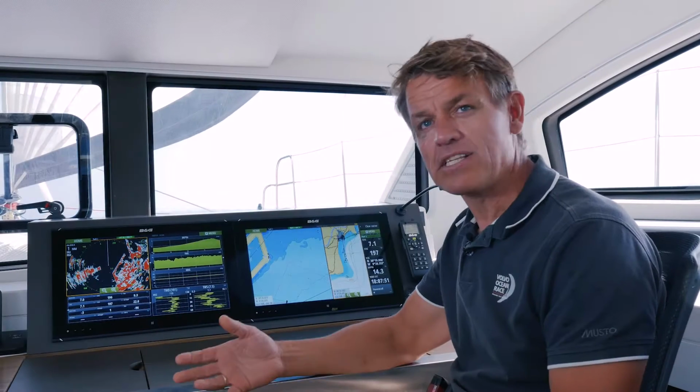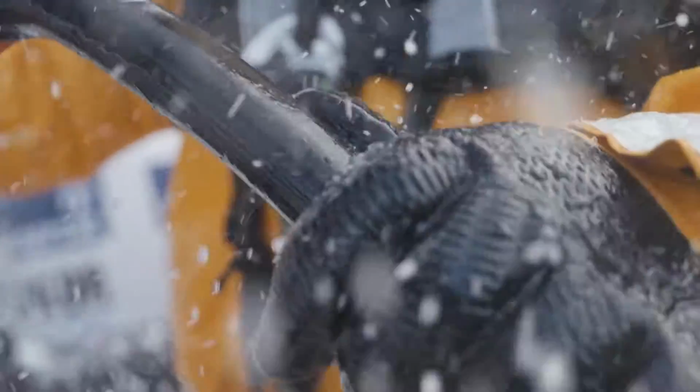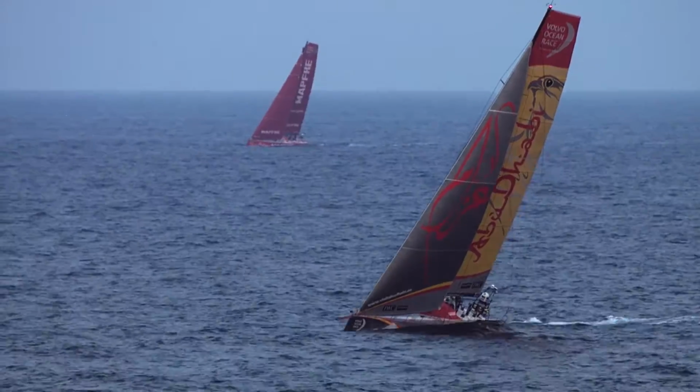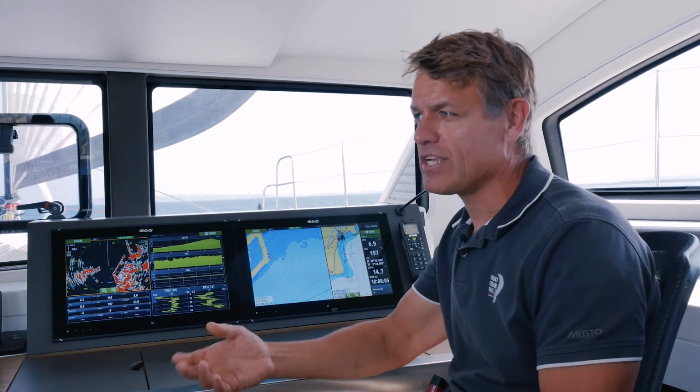It's used by all the racing sailors. You know, all the Volvo Ocean Race boats are using it. They are developing this equipment, testing it, giving feedback, coming up with new ideas and features. And it doesn't mean that the cruising sailors have to start racing, but the racing sailors have one difference, and